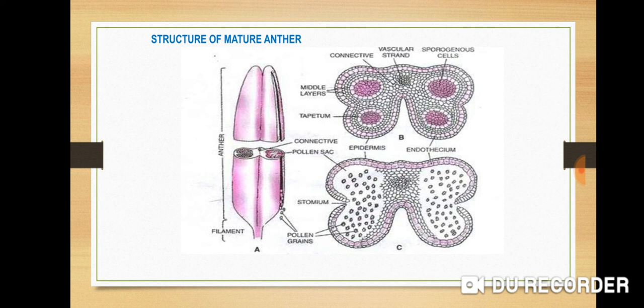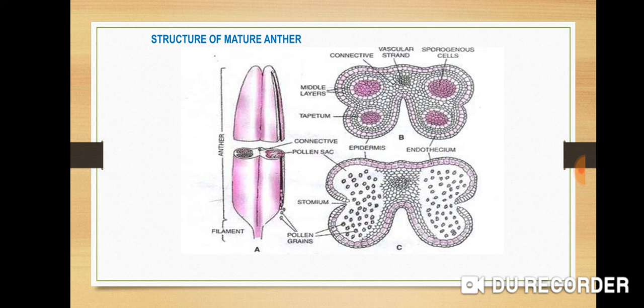Lastly, we discuss about the sporogenous tissue. The sporogenous tissue lies within the tapetal layer. The sporogenous cells directly function as pollen mother cells. The pollen mother cells undergo meiosis or reductional division to produce pollen tetrads. The microspores or pollen grains are surrounded by an anther wall, namely middle layer or endothecium and epidermis.